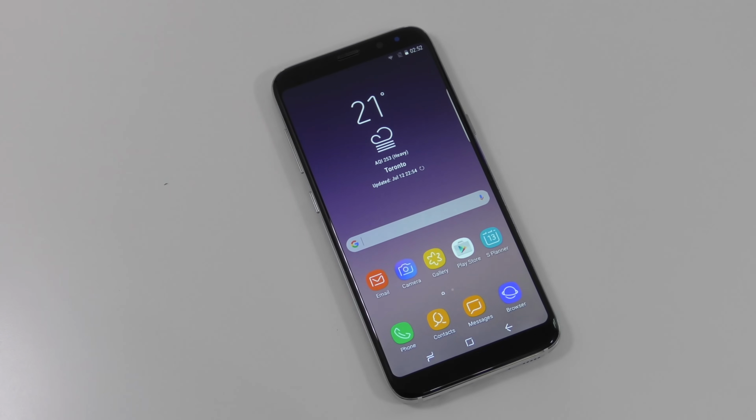Well, for today I have a fake Samsung Galaxy S8 that looks very close to the original S8 and it